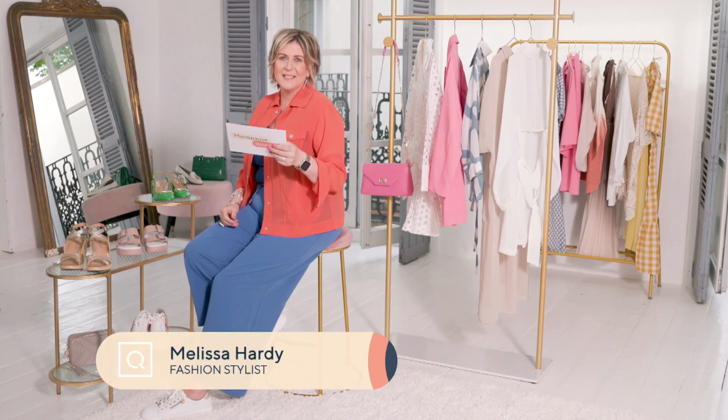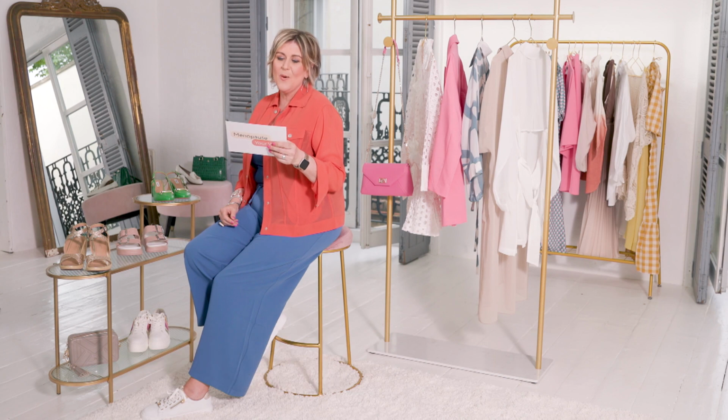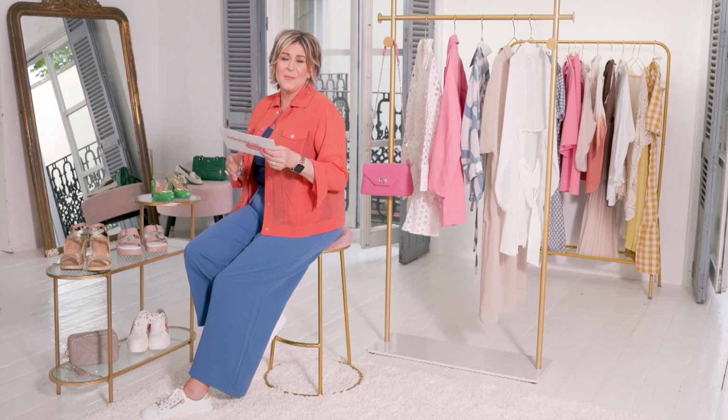So Heather asked, since the pandemic, I've lived in trendy trainers. I can't bear being uncomfortable anymore. Does a comfortable heel exist? So the first thing to say is, well, I think we all agree with you that we're all wearing trainers